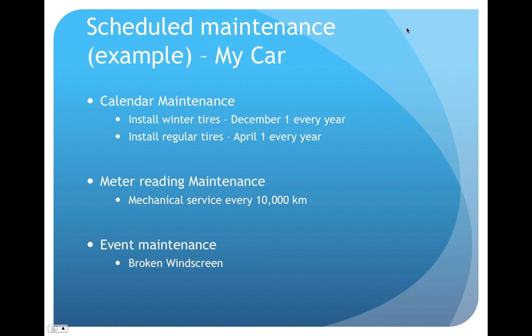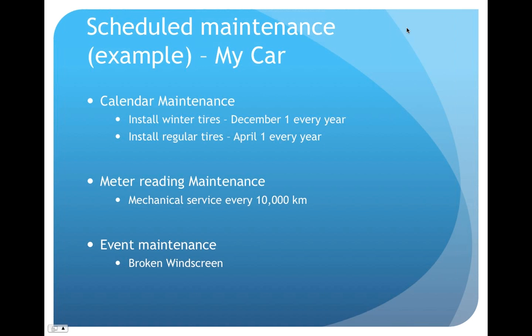For the car, there's also a meter reading maintenance that we might want to do, and that might happen every 10,000 kilometers or 8,000 miles, or 5,000 miles, depending on the service recommendations in the book. You would fill in the meter reading of the car every time you drove it, for instance, and as that number exceeded 10,000, it would create a scheduled maintenance, and then a bit later on, when it exceeded 20,000, it would create another work order, and then when it exceeded 30,000, it would create another work order, and